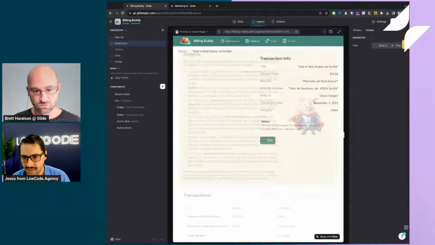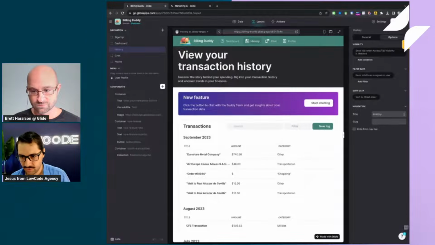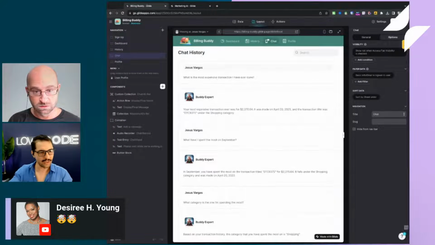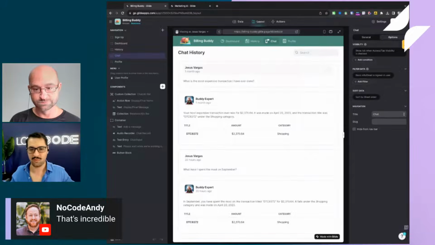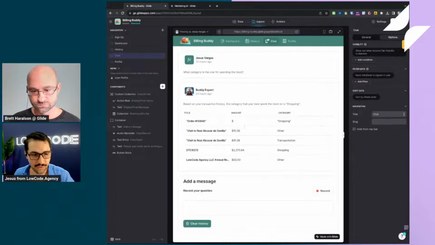So nothing out of the ordinary here, a history of all of your transactions. But then one of the coolest things that we built on this app is a chat with your transactions, right? Because not only do you have those AI-generated insights, where the AI will come up with whatever it thinks is important for you to know, but then I can start chatting with my whole transaction history, right? So